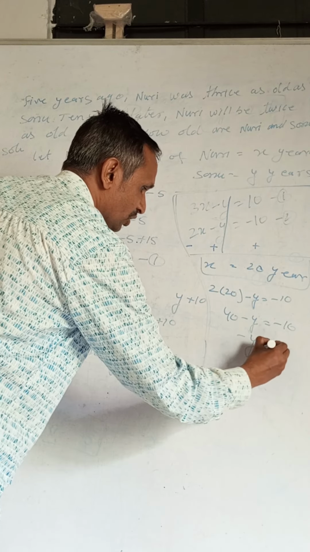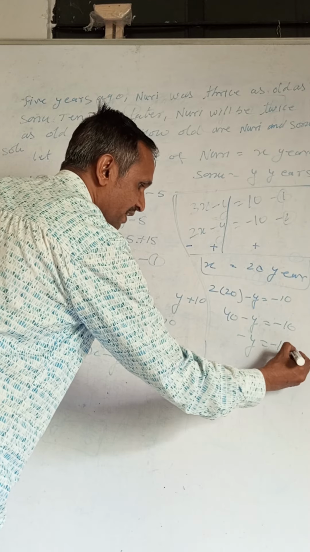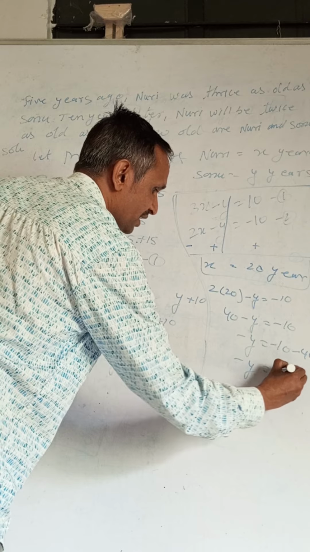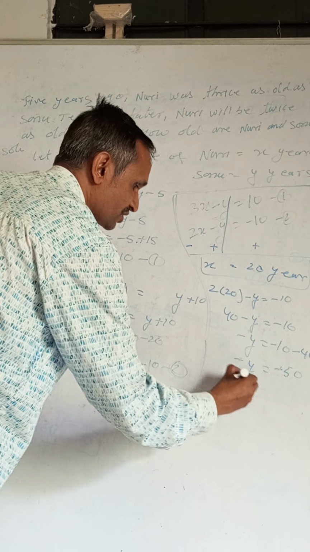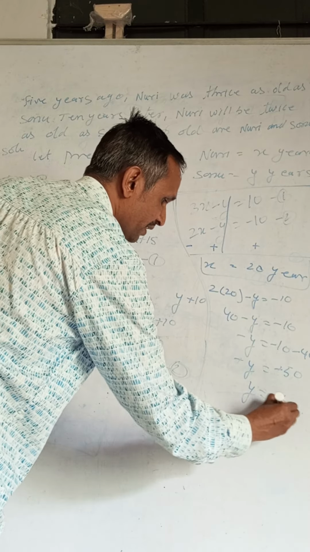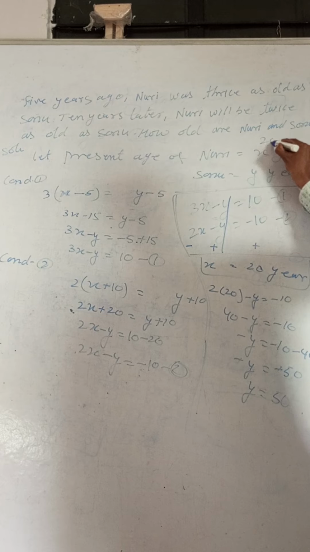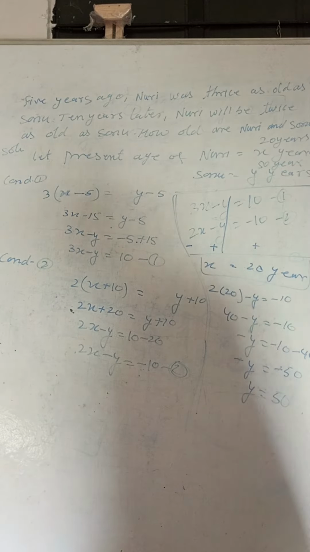Minus y is equal to minus 10. This number will go that side, then it will become minus 40. Then minus y is equal to minus 50. Both side minus cancelled. Y is equal to what? 50 years. So the age of Nuri is what? 20 years. And age of Sonu is what? 50 years. This is the answer, and we learned how to solve the linear equation in 2 variables by